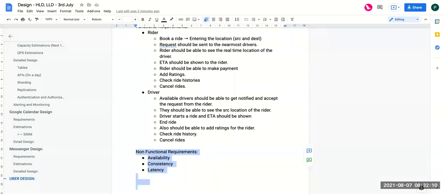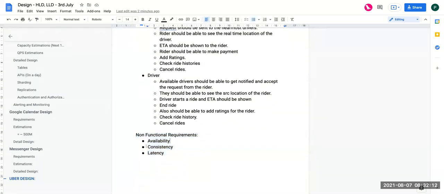Okay. So we have figured out that we need availability, consistency, and latency. For availability, the system should be highly available. Correct? This is required. Consistency: while booking a cab, we need consistency.